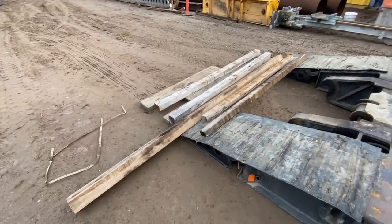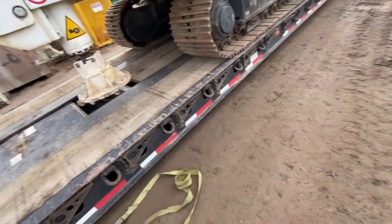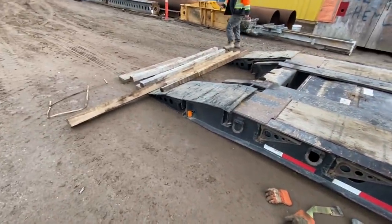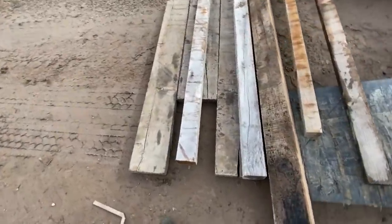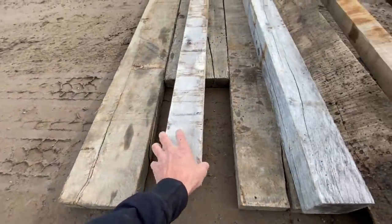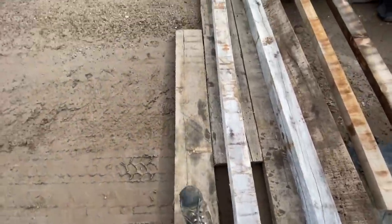They asked me how easy the machine was to load. I said it was tipping pretty bad. So they build up these. So these are my boards, and then they use a bunch of their boards to do it like this. So otherwise,